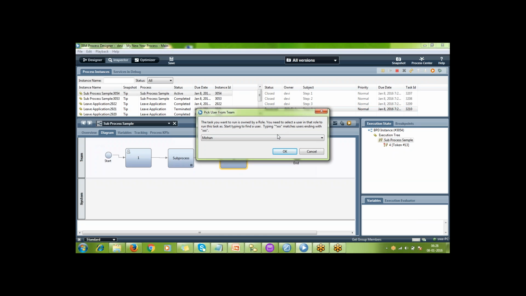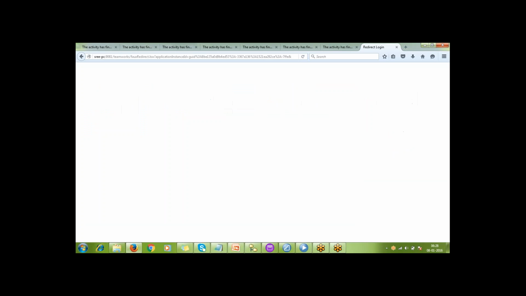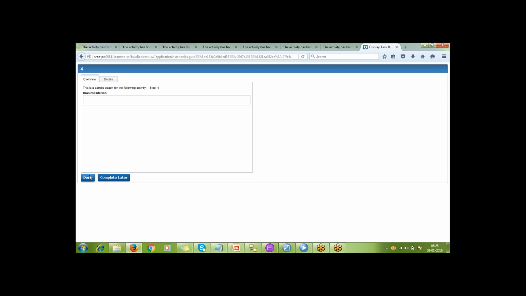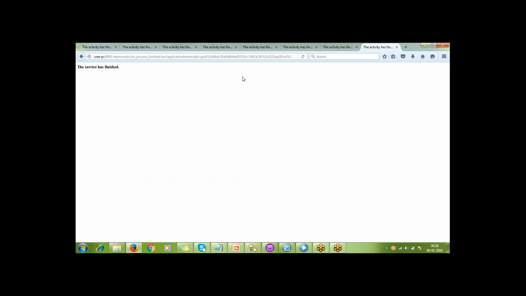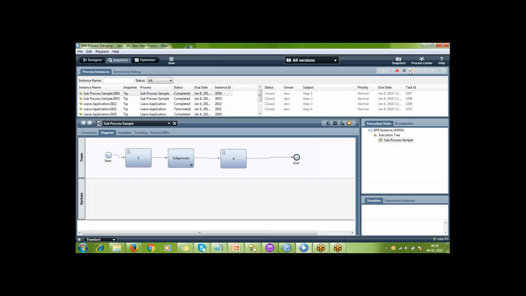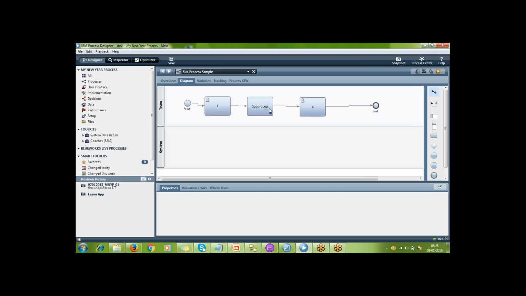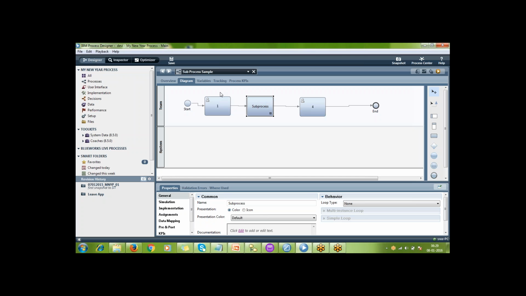So see here, the earlier flow and this flow, nothing has changed. The flow remains the same, but what got changed is how you show it at the process level, at the BPD level. Why do we go for a sub process? In order to reduce the complexity in viewing your process, to make your BPD much clearer, you are going with this sub process. Okay. So this I can call a parent process.